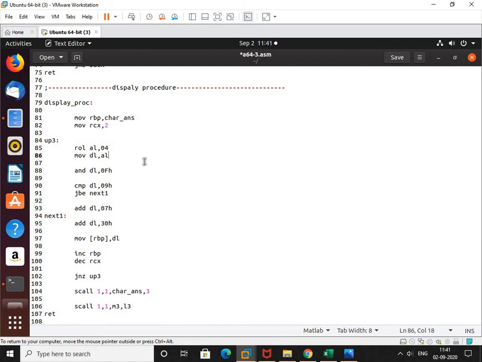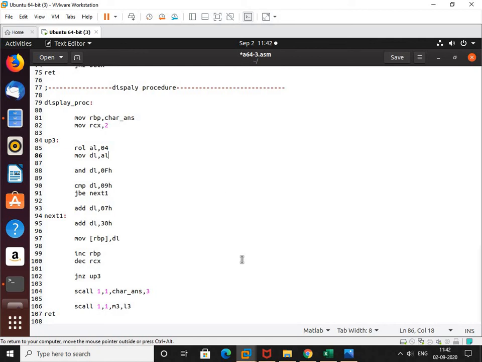Always keep it in mind, whenever we take an input through the keyboard, it should be present in the accumulator. Whenever we want to display something on the screen, then the input we have taken should be present in the data register.